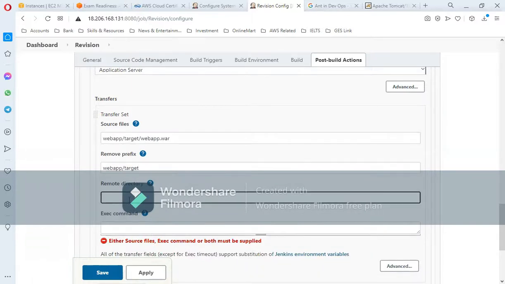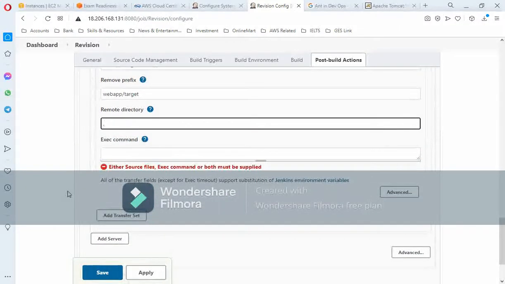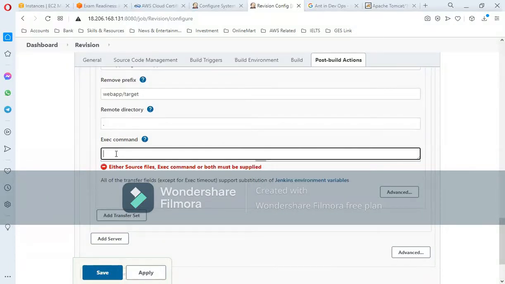The current directory. I'm not doing any command yet. You don't do any command yet. Let's say copy it